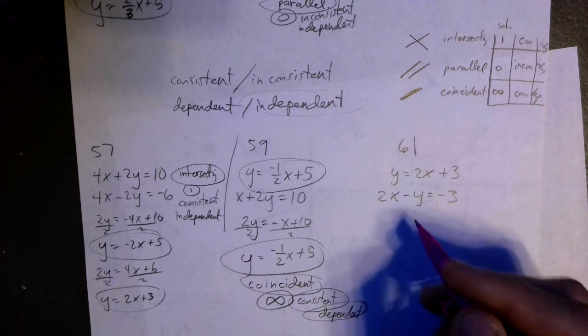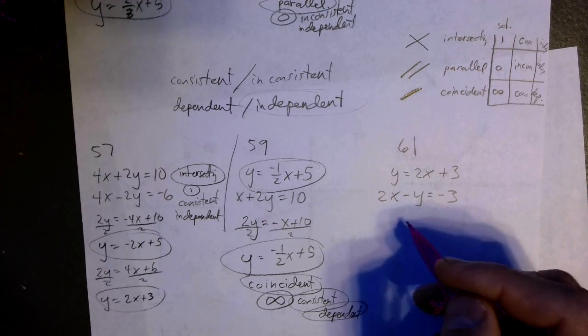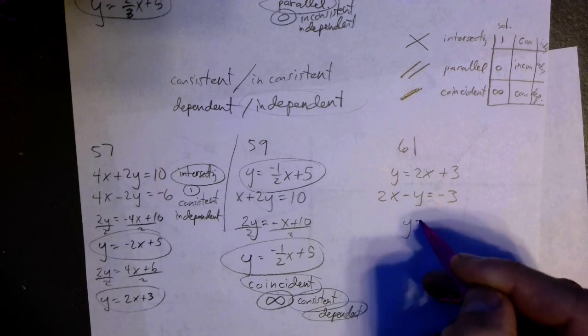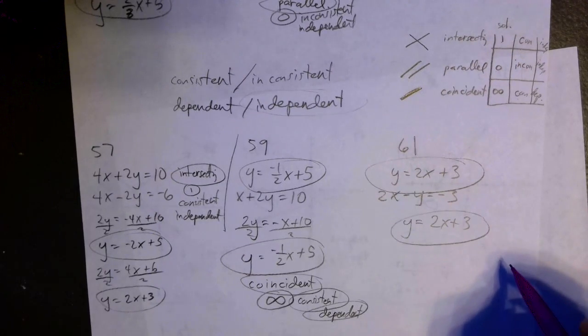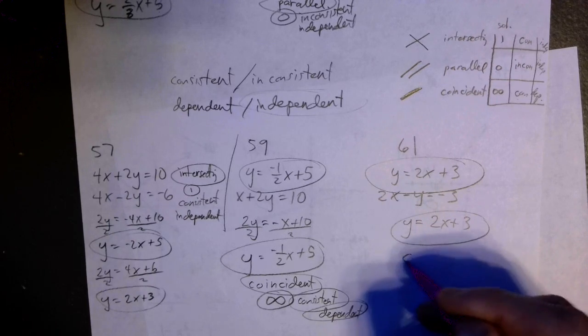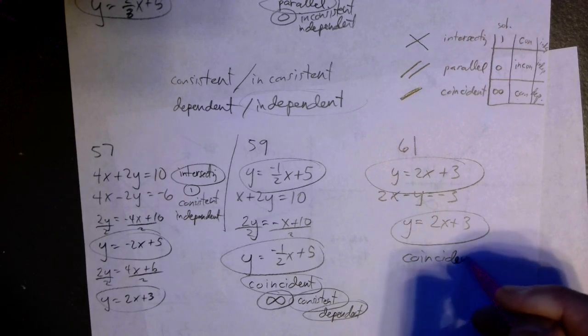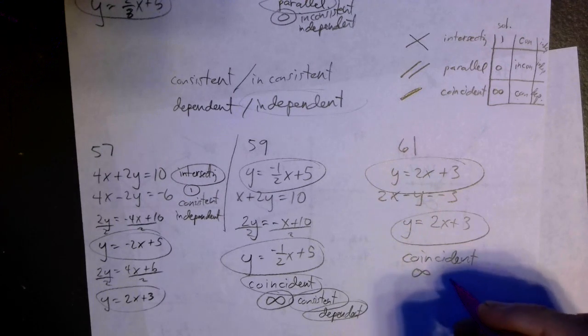Okay, last one. First one is already slope-intercept. 2x minus y equals negative 3. Add y to both sides. Okay, what do we notice? The lines are exactly the same. So these are coincident lines, which means there's an infinite number of solutions. They are